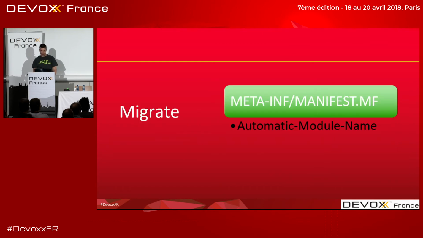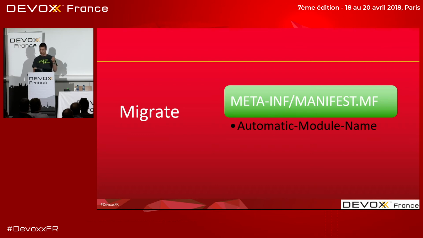And the solution they finally found or accepted, and this is one of the reasons why Java 9 was delayed, is the introduction of the automatic module name. You can put it in your manifest file, and there you specify the name of the module that you want to be used by other consumers. So in this case,